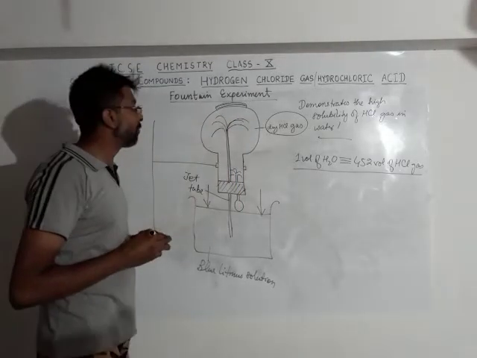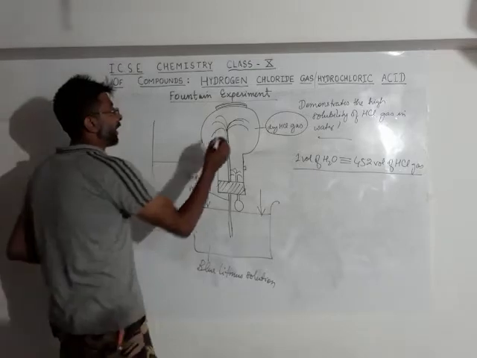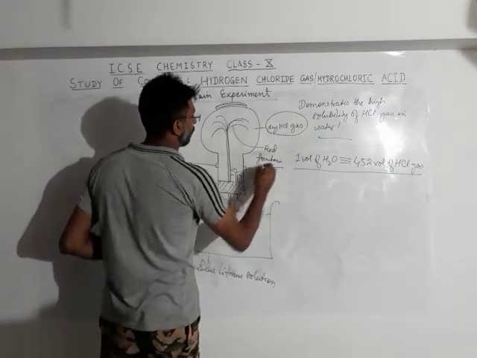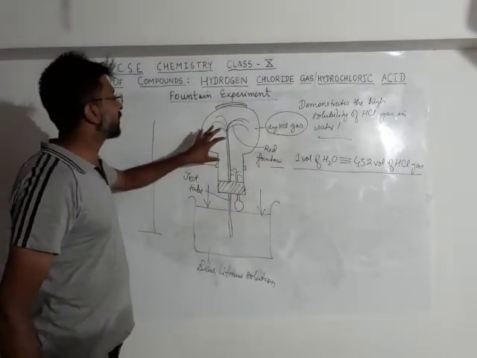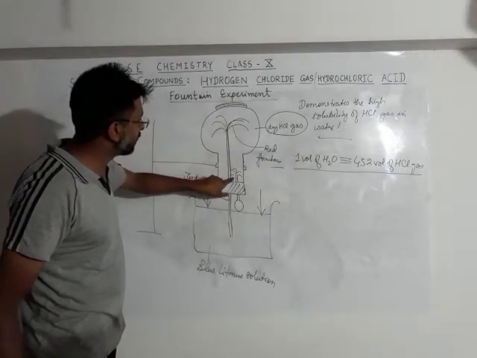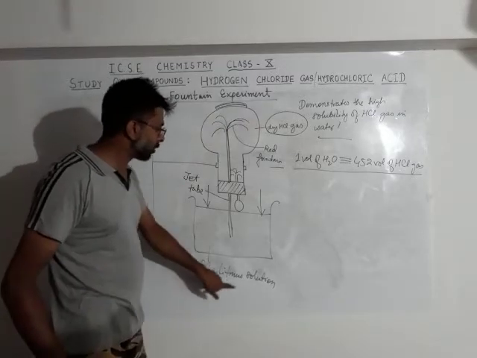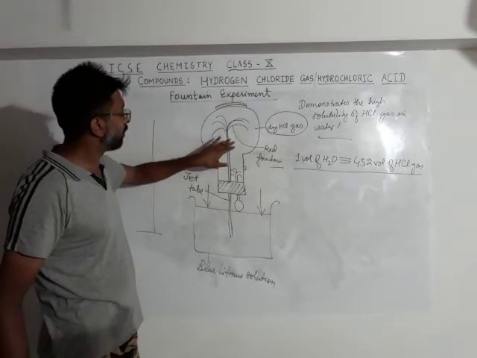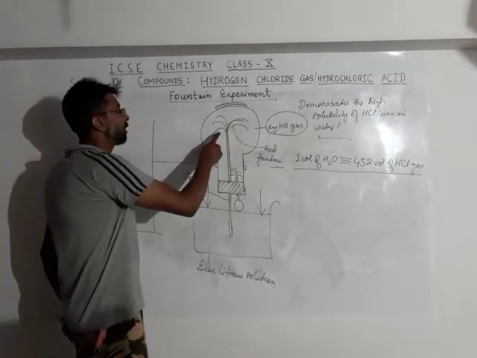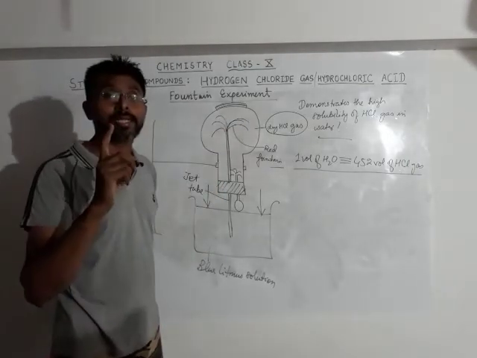But the color of the fountain, the color of the blue litmus solution, when it enters the flask, is not blue, it is red. We get to see a red fountain. Now, why a red fountain? Because there is gas left over in this flask. Some gas contracted, some gas dissolved in the water from the dropper, but some gas is still left there. That is why when this blue litmus solution comes in contact with the gas, it turns from blue to red. That is why we see a red colored fountain, proving that hydrogen chloride gas is acidic in nature in the